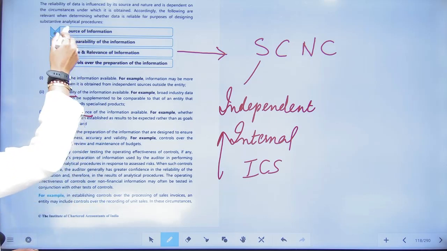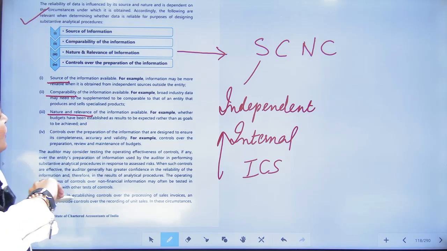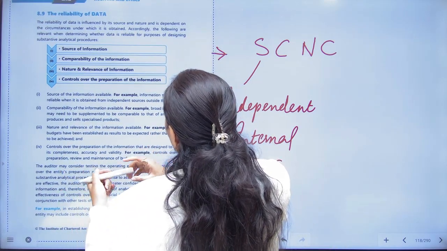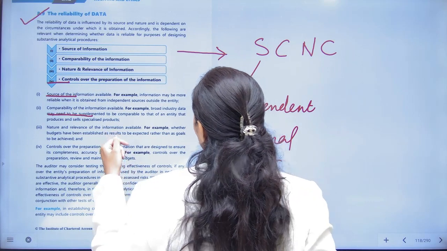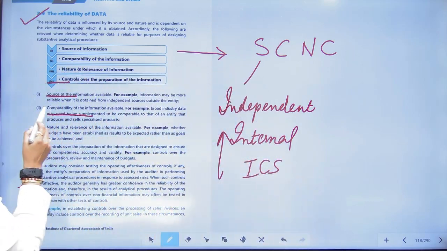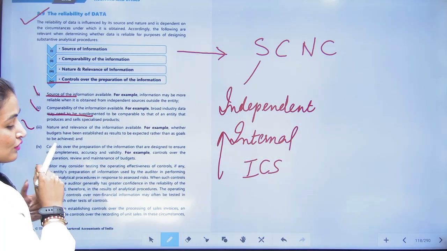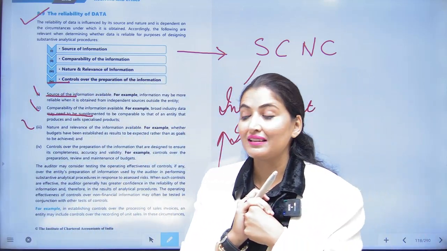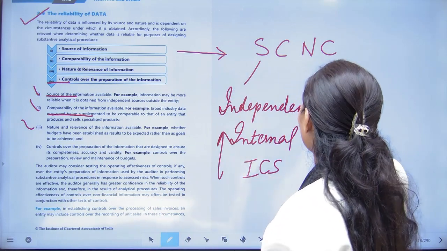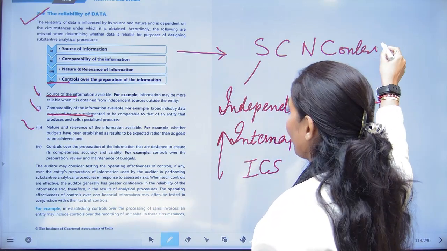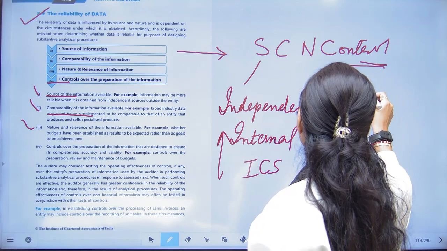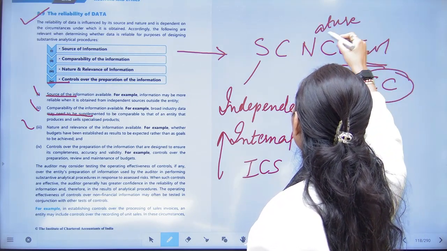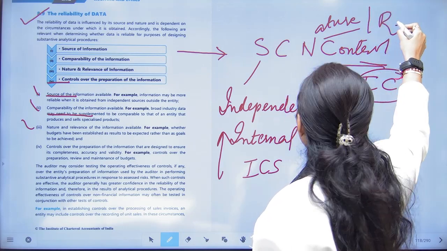What are we looking at? The reliability of information. In order to check the reliability of information, you will have to do this. In order to check the reliability of data, you're doing this. You are seeing the source of information, you are seeing the comparability, you are seeing the nature and relevance of the information. What is the last thing that we are looking at? What is the control that was present there? What is this control? Control is your internal control. If your internal control is good, everything is good. This is nature and relevance,